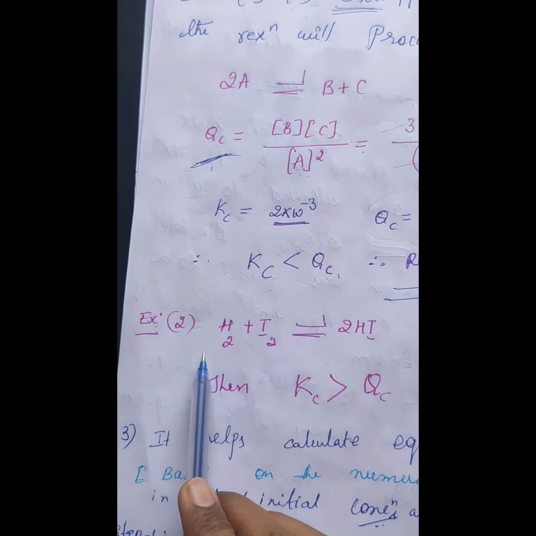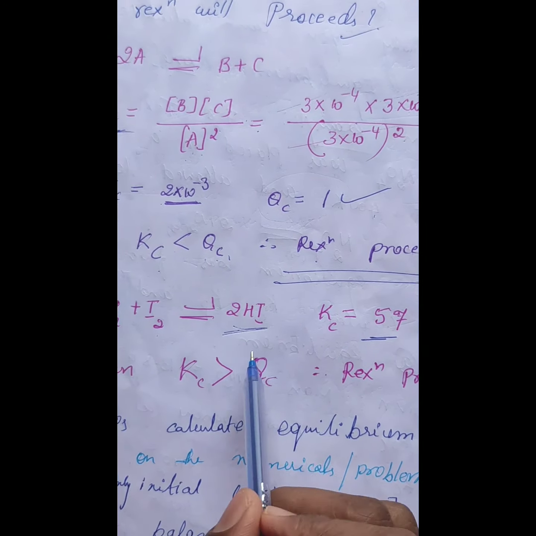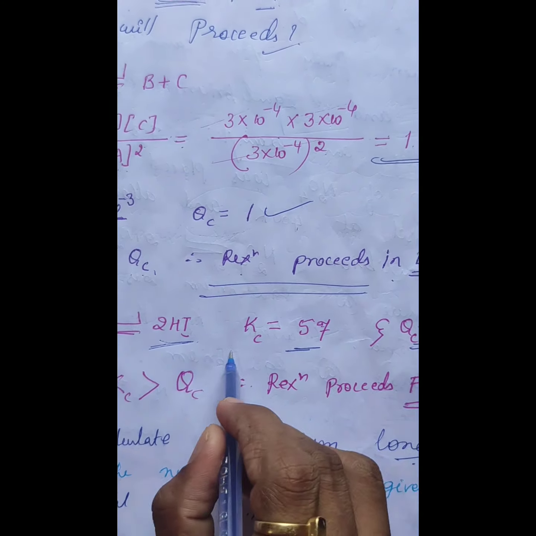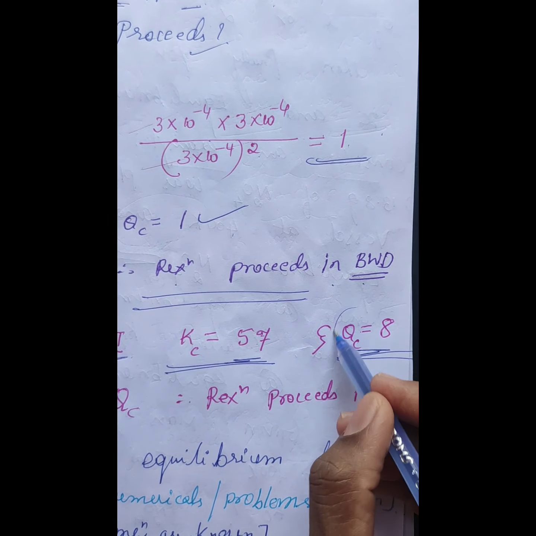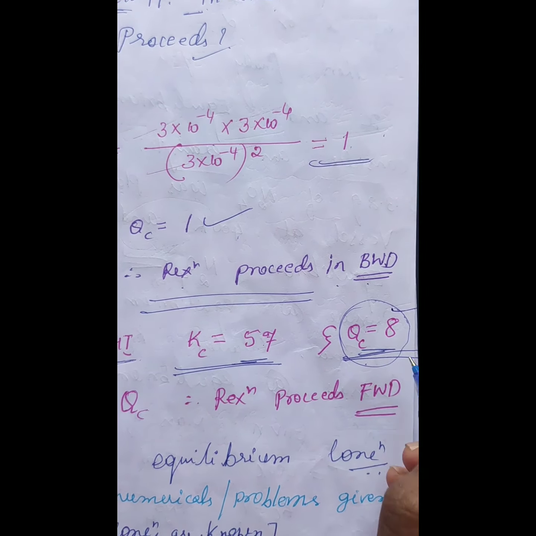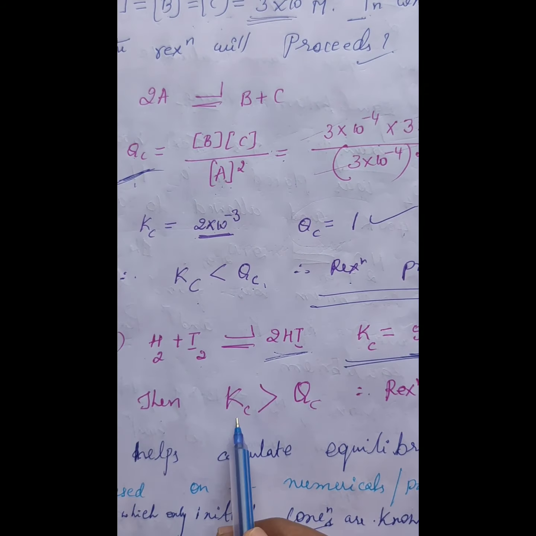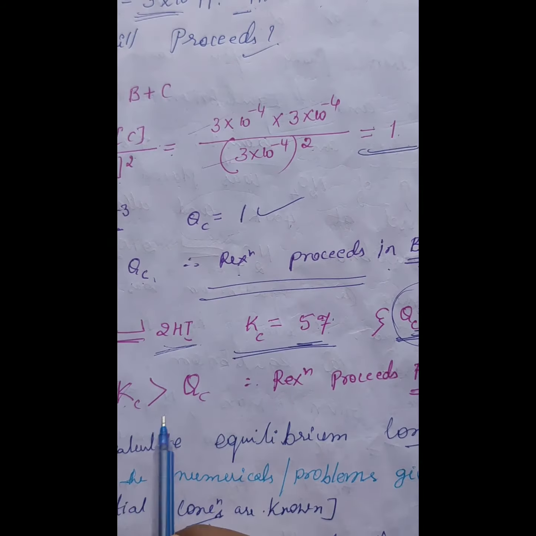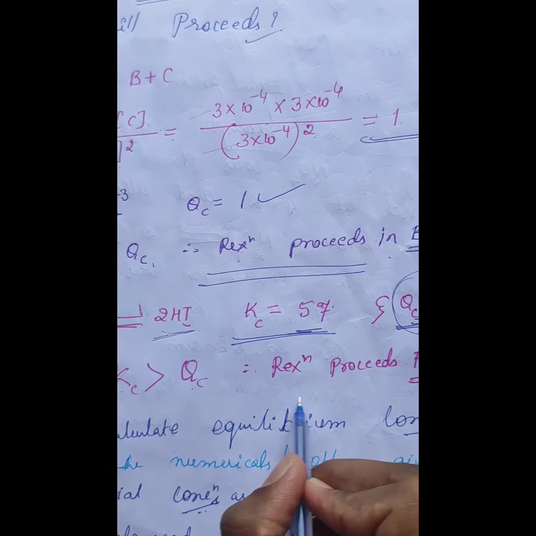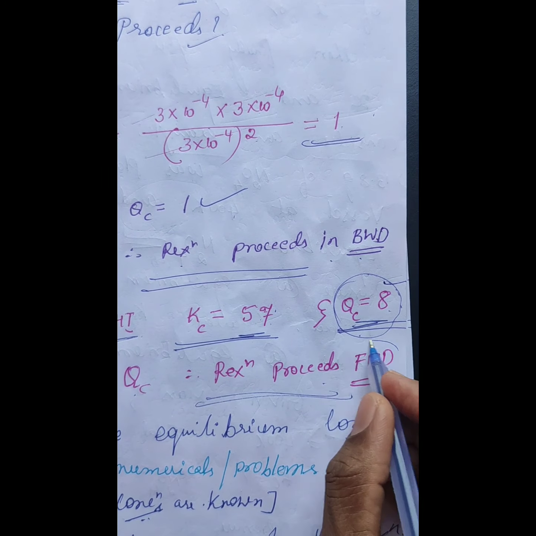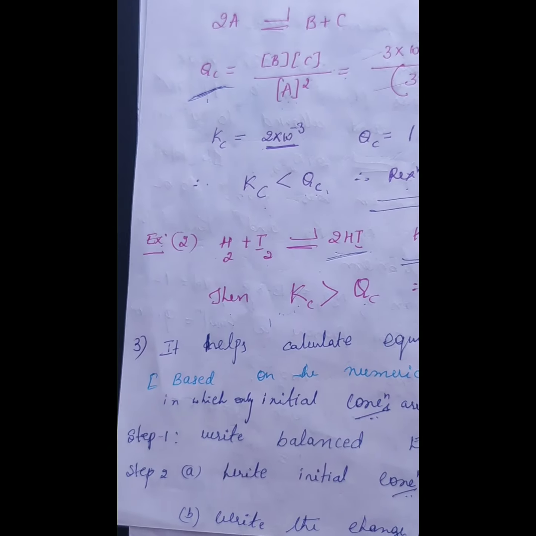Similarly, one more example I'll directly consider. Hydrogen can react with iodine producing 2 molecules of hydrogen iodide. The experimentally determined value for Kc is given, it is equal to 57. Similarly, the calculated value for Qc is also considered, it is equal to 8. Children, now which value is higher? As mentioned, Kc value is 57, Qc value is 8, so the equilibrium constant K value is more, which indicates that the reaction should take place in the forward direction. That's all about the second application of the constant K.